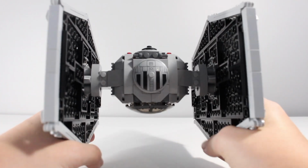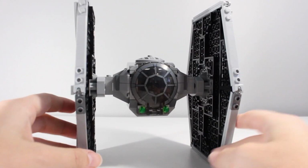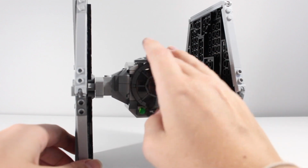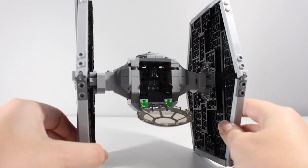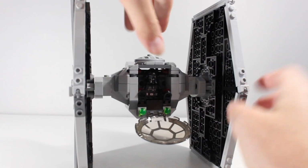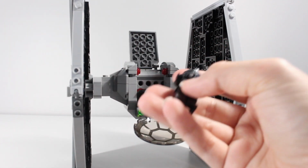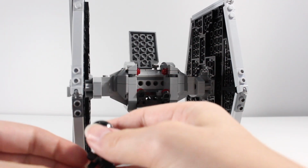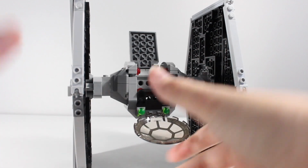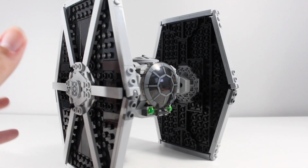But besides that, there's not really too much else to the TIE fighter. I really like the cockpit design. I like how interesting it is with all these different slope pieces and how well they managed to do it in such a confined space. There isn't too much head clearance for our TIE fighter pilot, but then again, he doesn't really need it. We're not minifigures, even though, I mean, it might be a bit claustrophobic in that cockpit for him. He's just got a thick helmet. That's his own fault. I think overall the design came together really well,